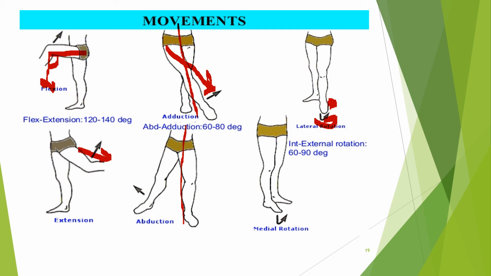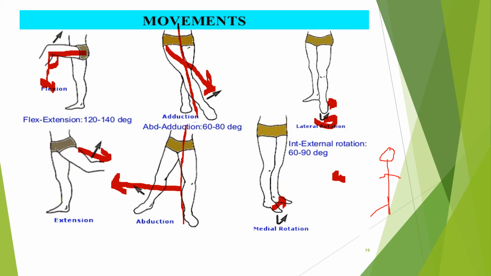This is our midline, the center line. Move the leg away from the center line. This is the medial rotation, so the leg rotates toward the midline. Like here you see. This is our body. I will show you the diagram. I am not good at drawing, especially on the computer. So sorry, this is a person. You see, okay, these are the arms.